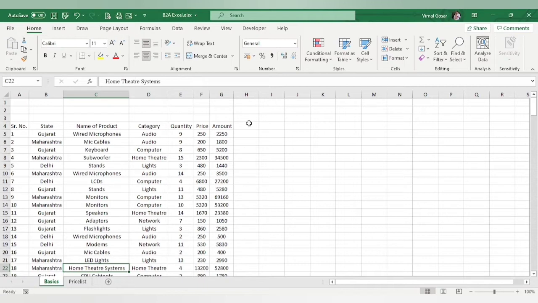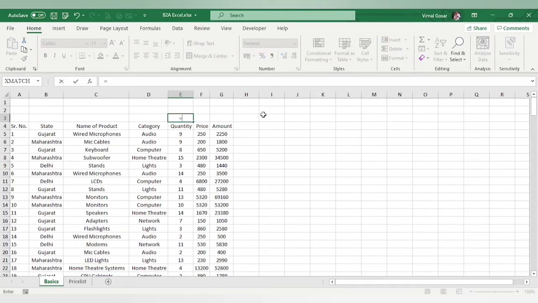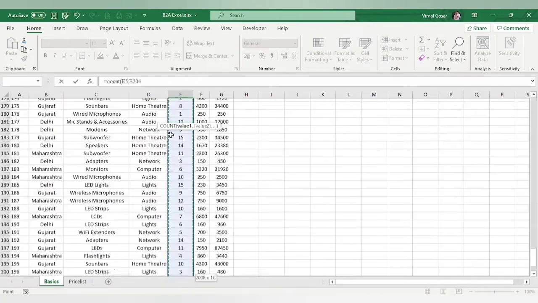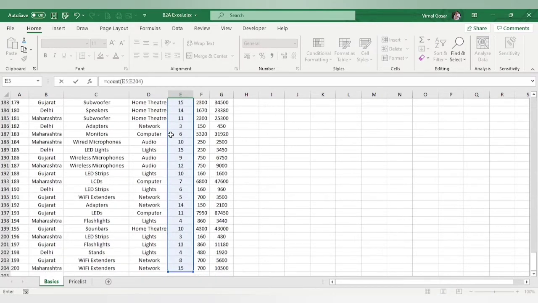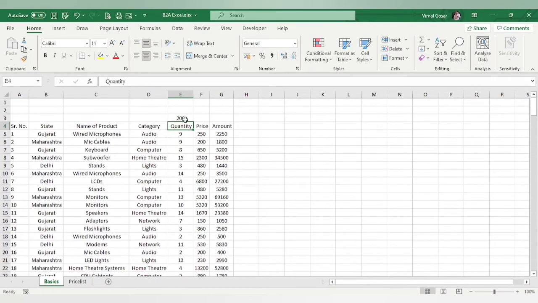Instead of summing them up, now we'll just try to count. So let us understand what the count function is. The first count function, let us directly write it down, C-O-U-N-T. By the function's name itself, we can understand that count means it will be counting the total number of entries there are, and so on. So let us say I will count from this point to this point. I know it is 200, but the moment I press enter, it will return a value of just 200. So this is my count function.